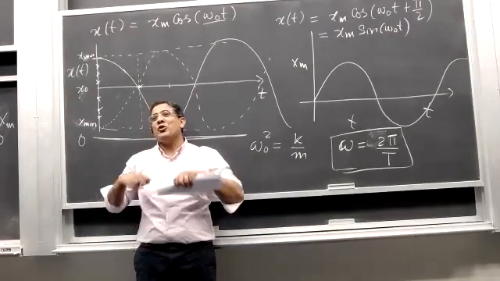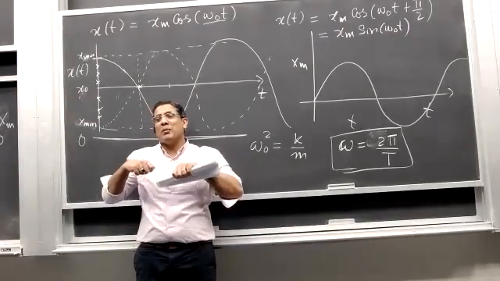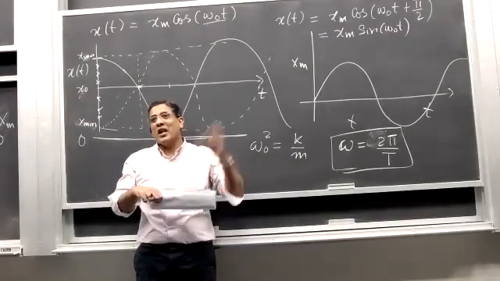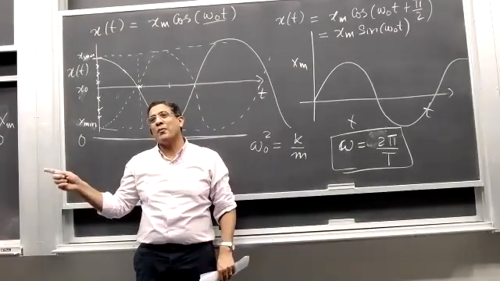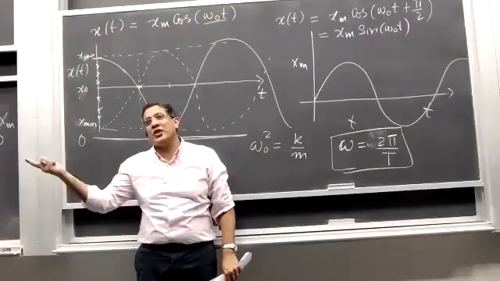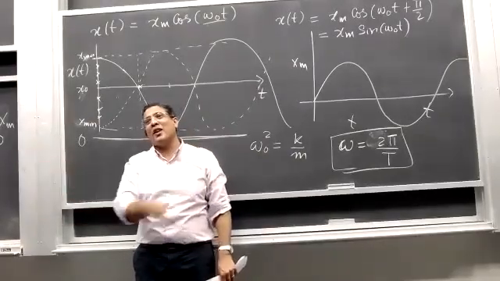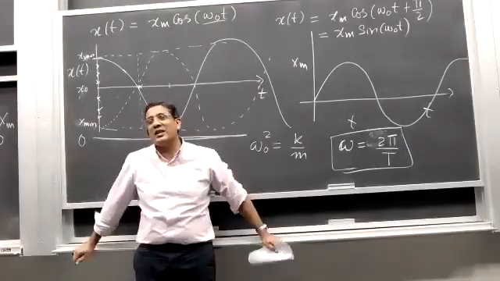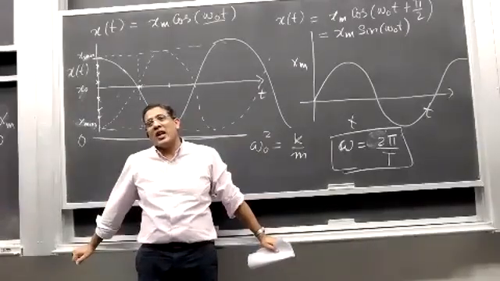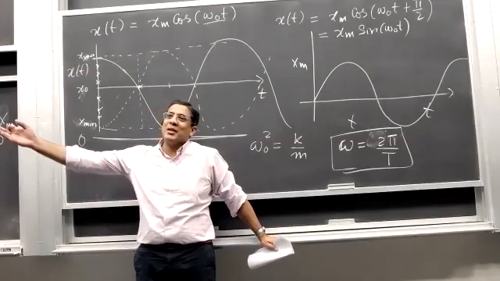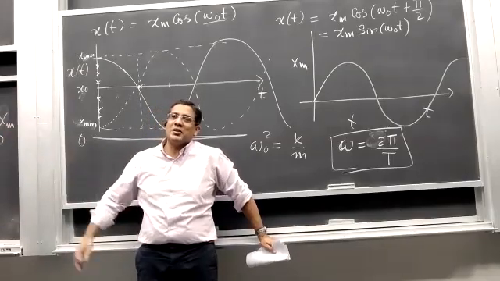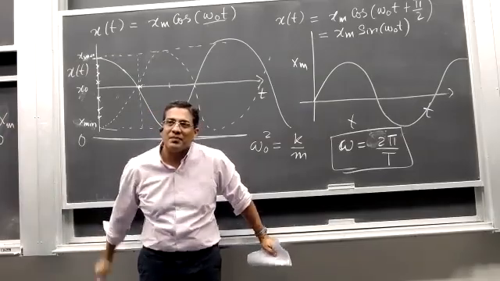it would be when you put an equal amount of driving force from outside, which is simply enough to counter the friction. Then you would have again a stable harmonic oscillator that is both driven and damped, but the driving force is equal to the force of friction. So you're not increasing its amplitude, you're not damping its amplitude, it just maintains its amplitude.